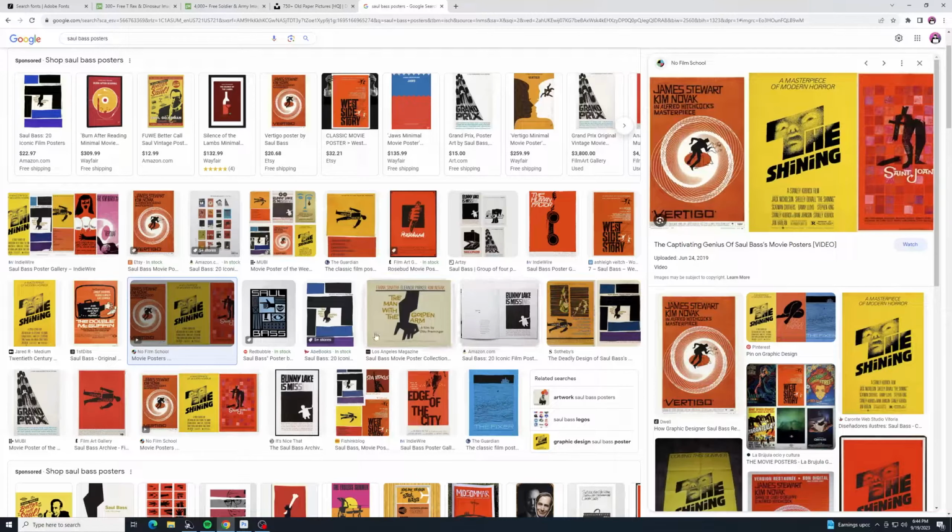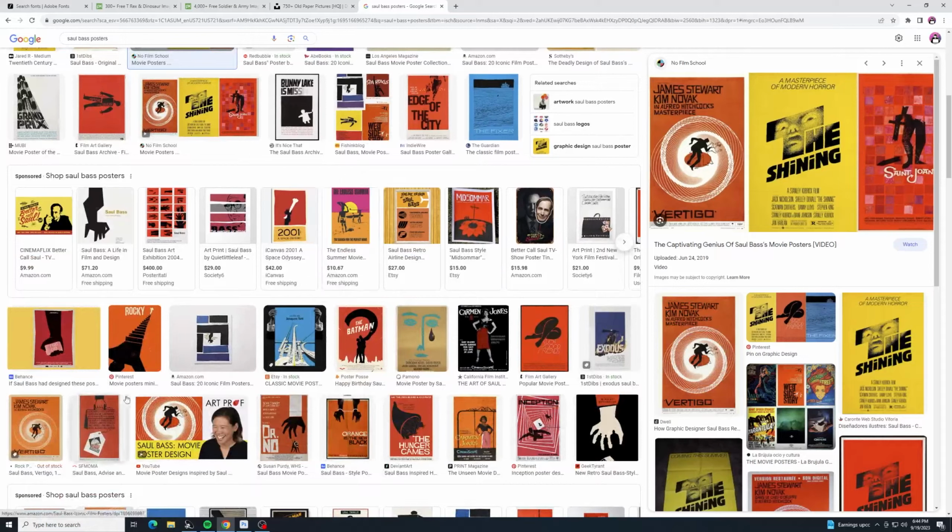Very unique style. And not only will you find posters that he made, but you'll see that he inspired other designers to create work in the same style. So like here, this Rocky one, for example. He never made a Rocky movie poster, but somebody did as a tribute to Saul Bass movie posters. Same with the Hunger Games and all that. So we're going to go ahead and go through this process on how to make a Saul Bass inspired movie